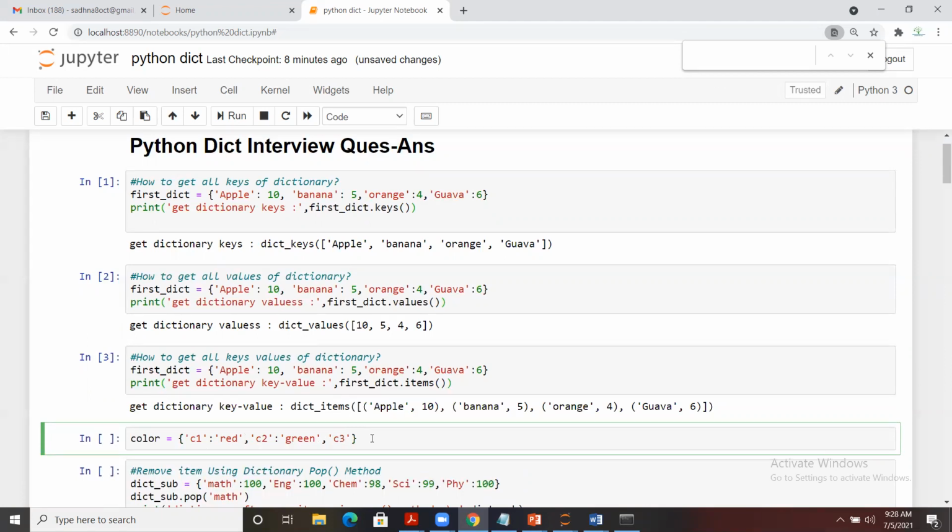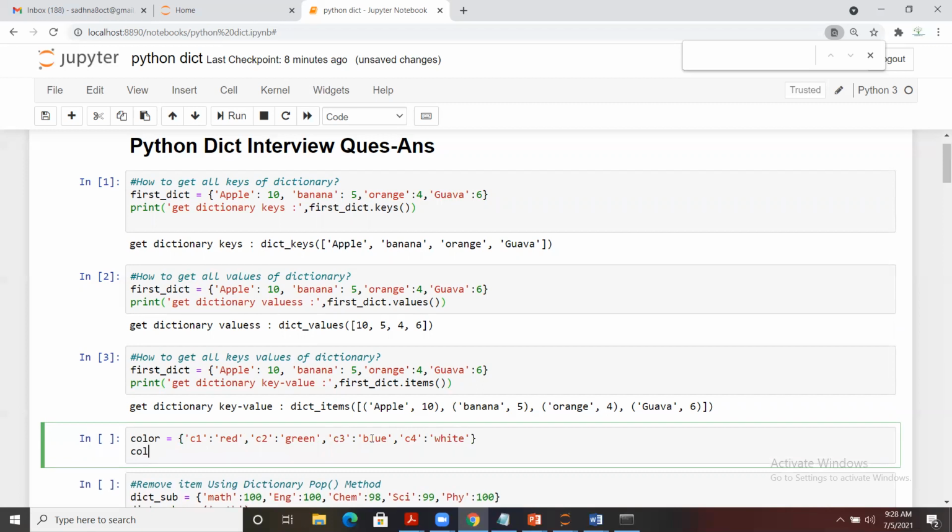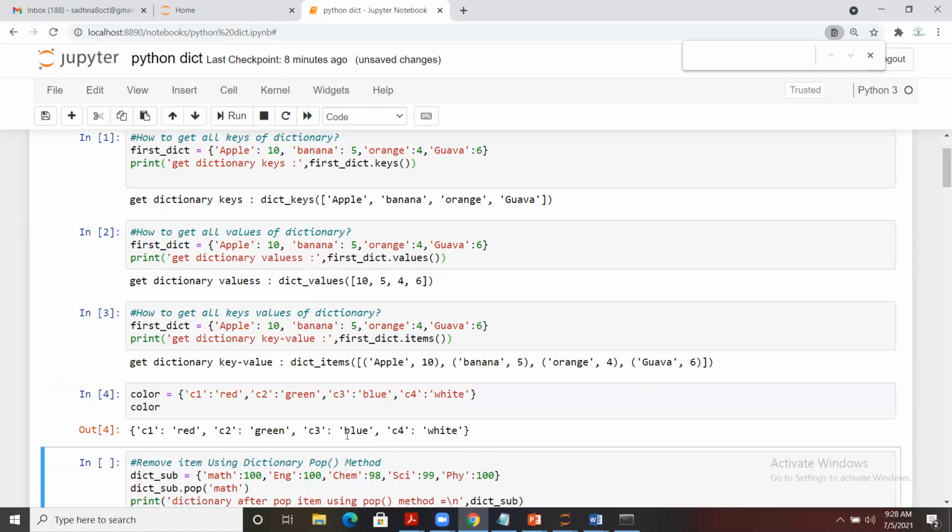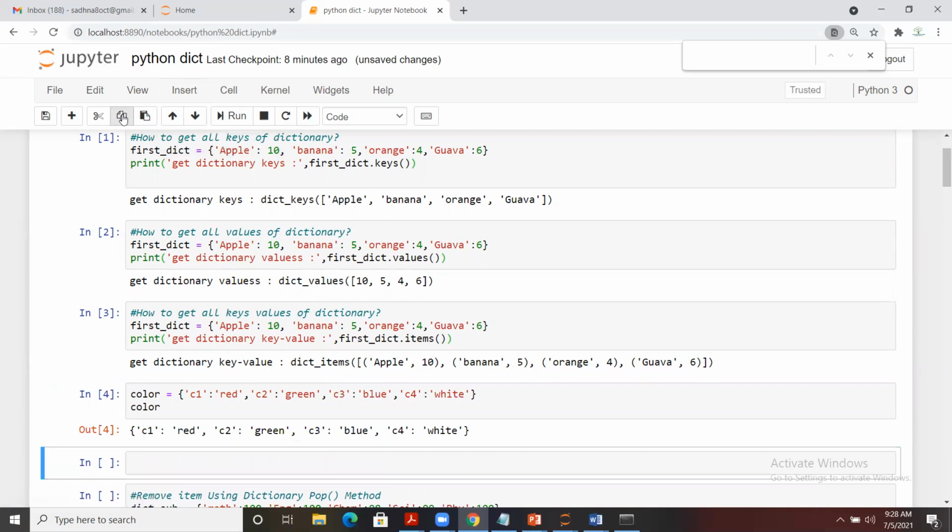So C3 is blue, and C4 is white, right? So this is basically a dictionary. We can run it and check the data type as well. Let me insert some empty cells here.